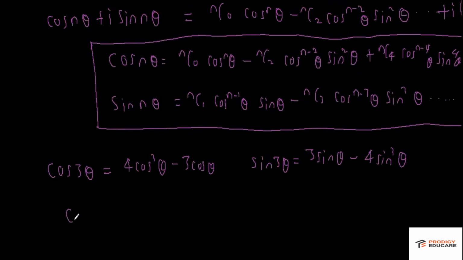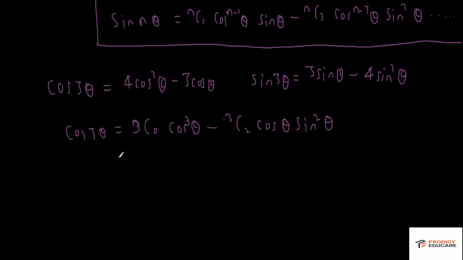So I can write cos 3 theta from this formula. First of all, there should be nC0, then cos cube theta, then minus. Instead of n, I have to write 3 here, so 3C0, then it is 3C2 cos^(3-2) theta, so it's cos theta, and then I have sin square theta. That's it. The next term will be nC4, so 3C4 is anyway not defined. So this is where you have to stop.